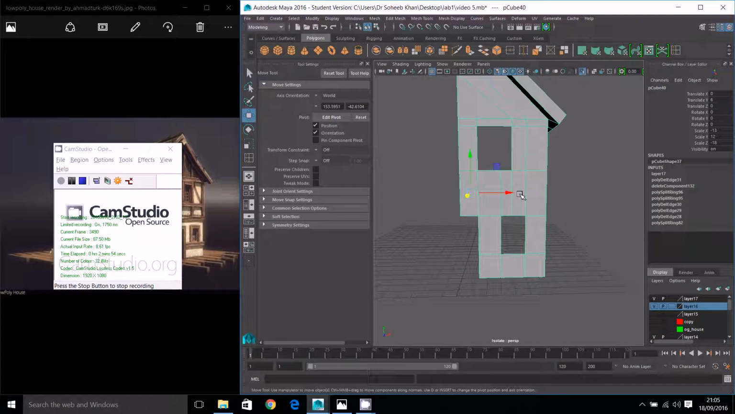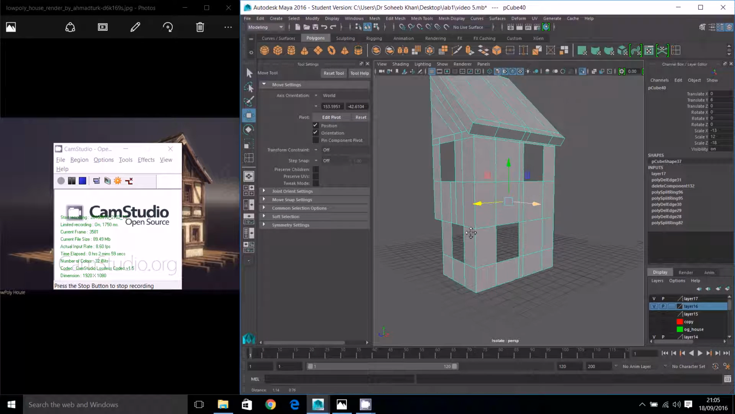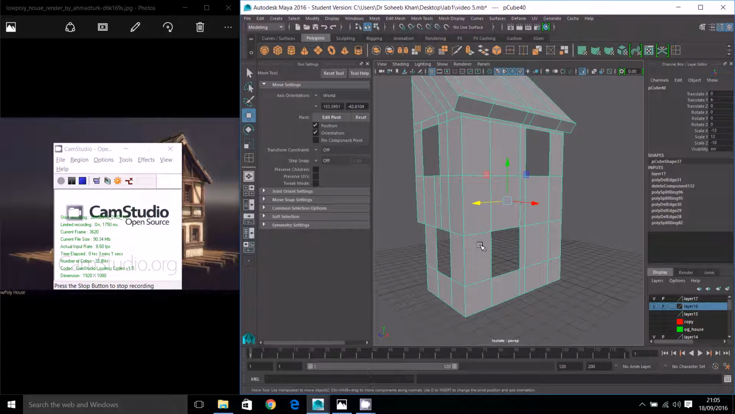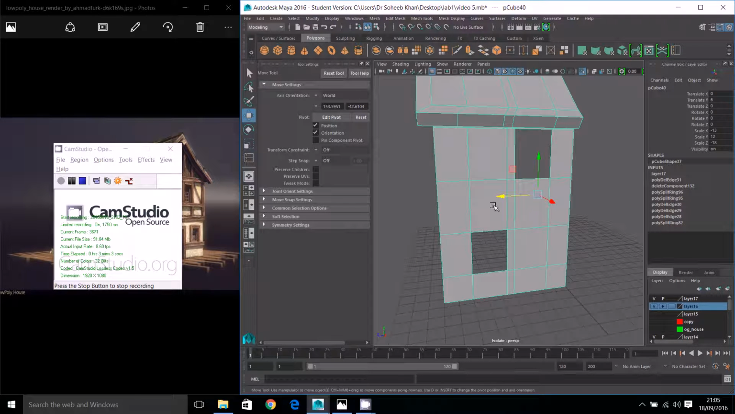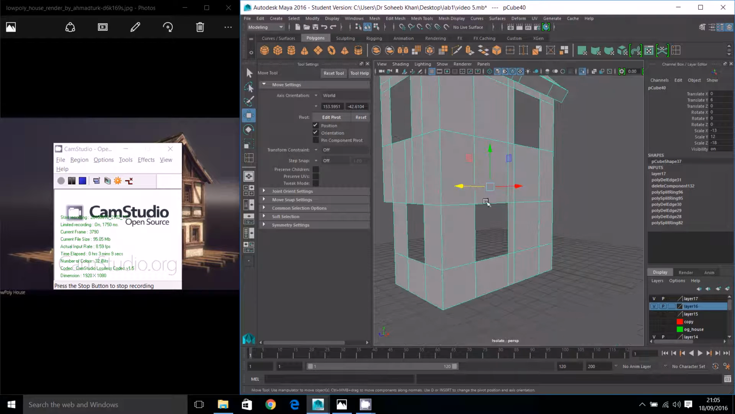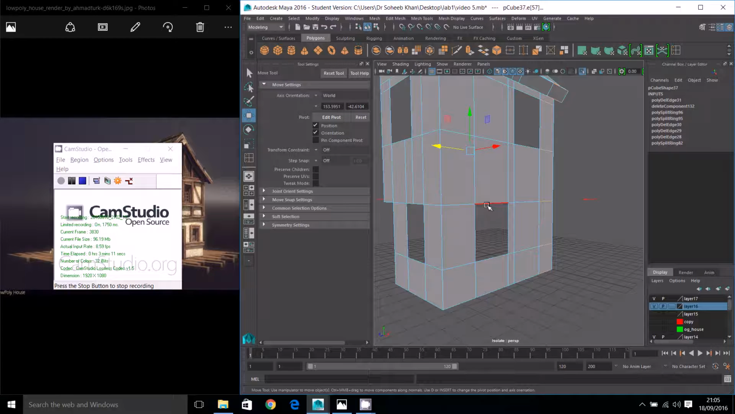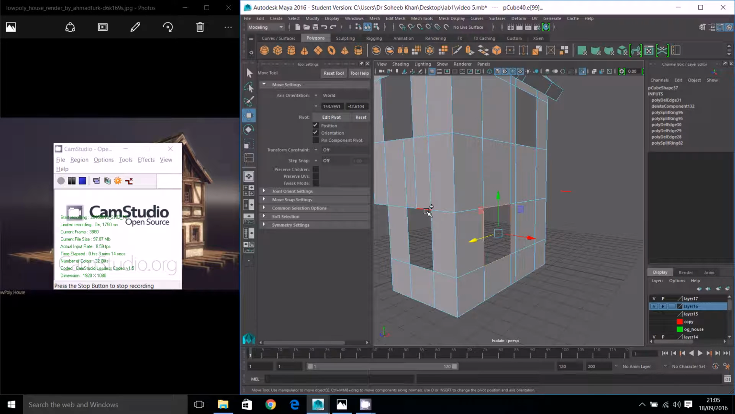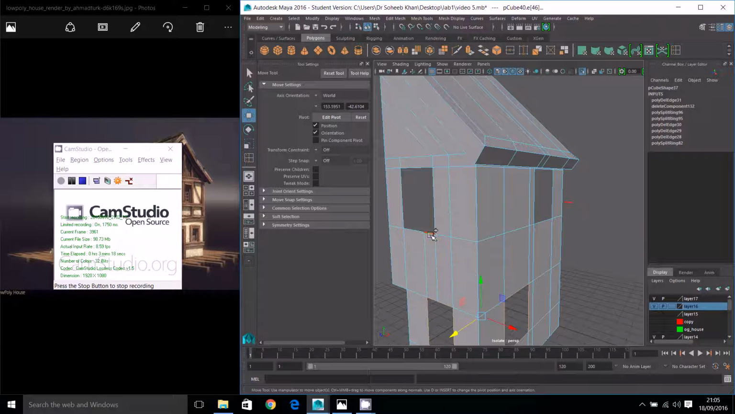There we go. So that's created the basic structure of the house with where the windows are supposed to be. You can always tidy this up by getting rid of some of these edges, but what I'll do is just keep it the way it is for now. So one of the things I can do is select this edge, and select this edge, and select that edge,